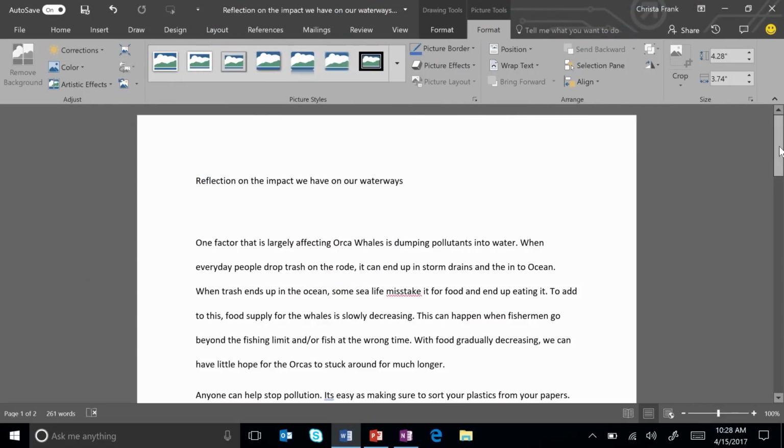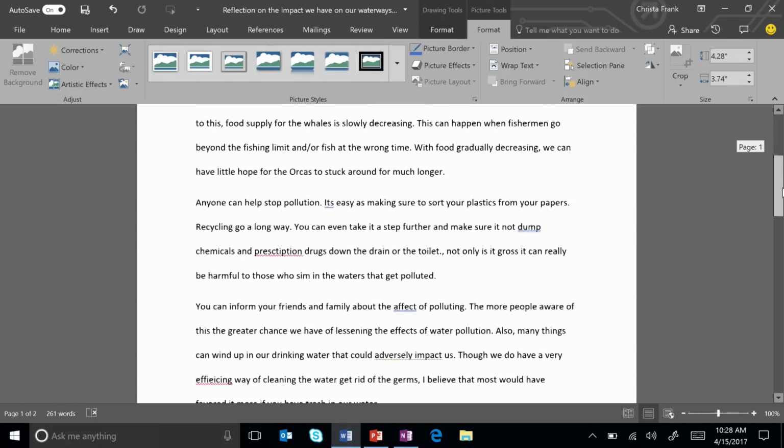I've asked my students to write a reflection on what they can do in their daily lives to reduce environmental impact on our water sources. Right now, I'm creating a sample to guide them. So the first thing I'm going to do to help myself is edit the document using Editor. Editor has made quite a difference in the writing of some of my students and myself too.